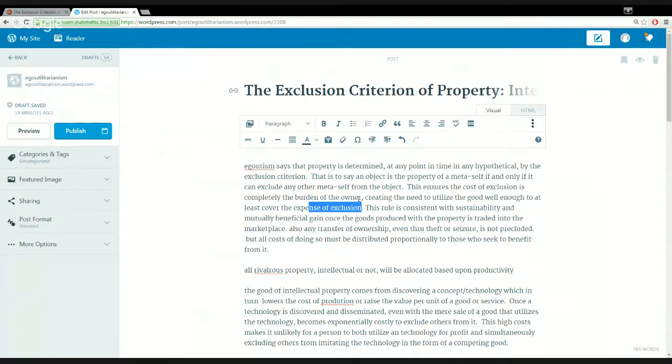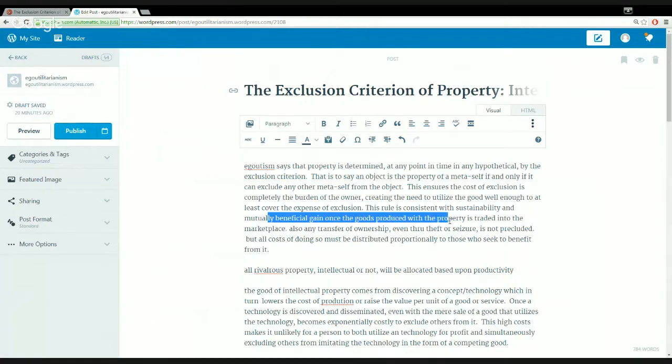And then whoever it was protecting the property for will cease to have it in the long run. It just doesn't make any sense to pursue something that's not sustainable unless it's a temporary means to a greater end. So this rule of somehow making sure that the costs are proportional to the benefits is consistent with sustainability and mutually beneficial gain